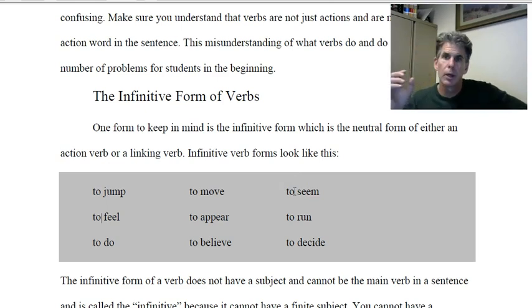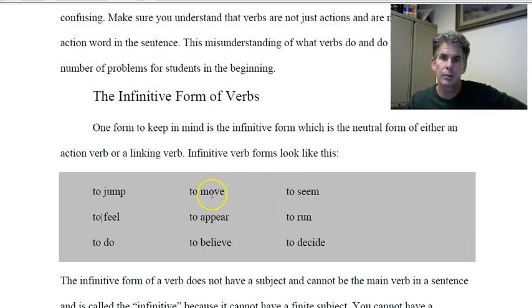Other languages usually have a neutral form too, often with an -er ending, or -ir in Spanish and Italian. It's a single word in other languages. In English, we have a two-word infinitive. These can't have a subject. You can't say I to move or he to run. When you see to move, to jump, to sing, these cannot function as the main verb in the infinitive form. The infinitive form is a lot like the bat boy. He handles bats all day, all about bats, but he never gets to go to bat.